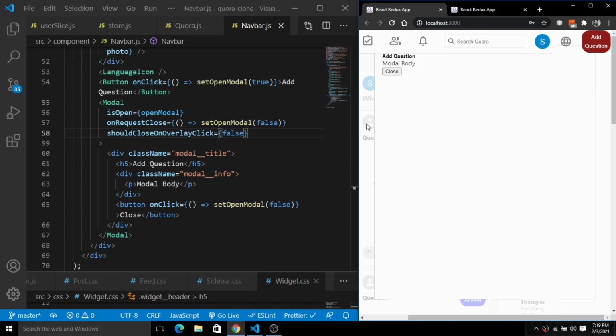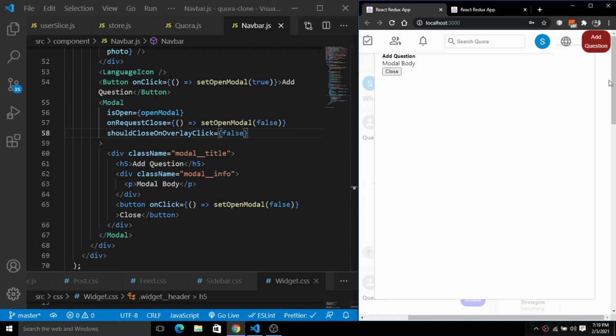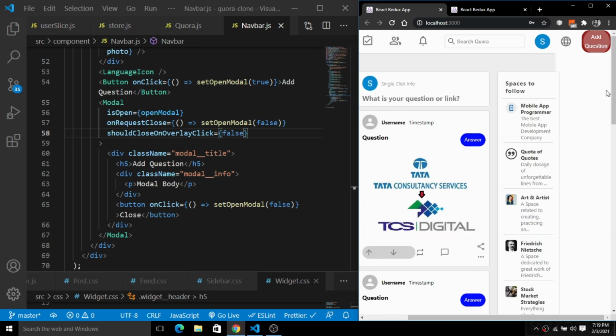As you can see, when we click on the outer part of the modal, it is not closed. But when you click on the escape button, the modal will be closed. So here I will click the escape button. Now you can see the modal is closed.